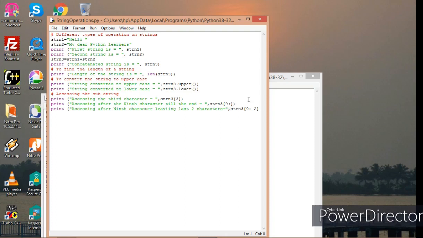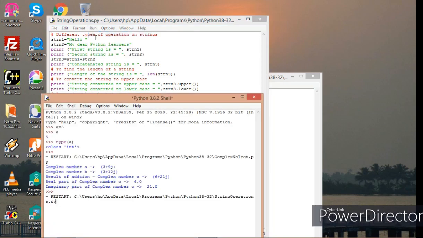So after the 10th character it will display till the end of the string. Similarly, I have one more syntax here, strn3 9 colon minus 2. So what does it do? It will display the characters of string strn3 after the 9th character till the end, but leaving the last two characters, that is minus 2. So now let's execute this particular program.